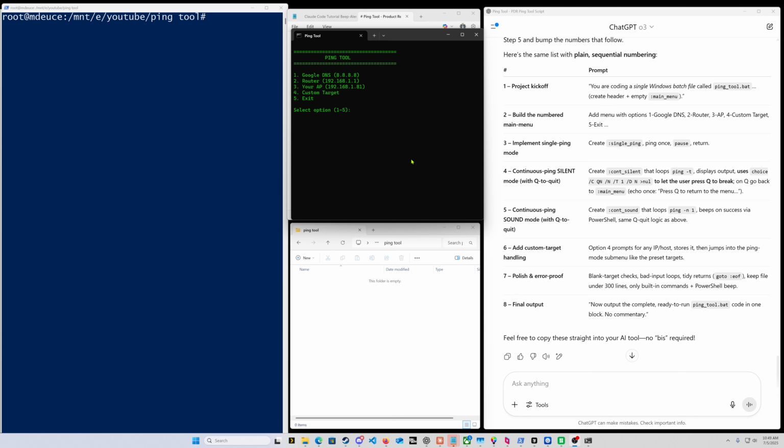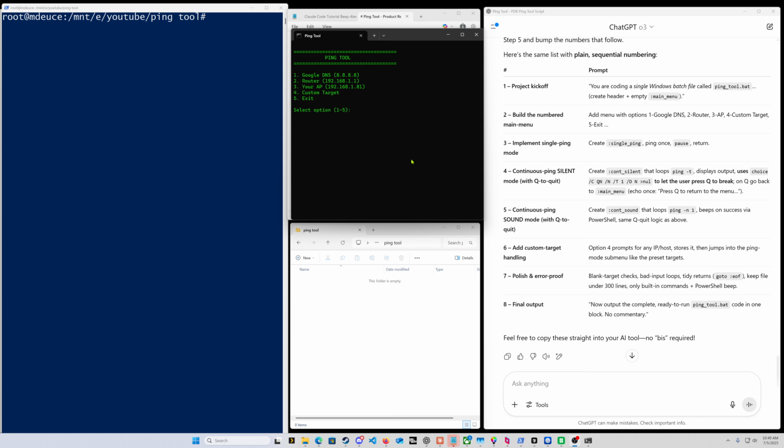So I created this ping tool because I wanted to figure out which cable on my switch was powering my access point. I had an application for this on my tablet, but my tablet was dead. And the reason I wanted it was I wanted an audible sound so I could wear my headset or earbuds or even just play it over the computer speakers and understand that as I'm pinging my access point, I unplugged